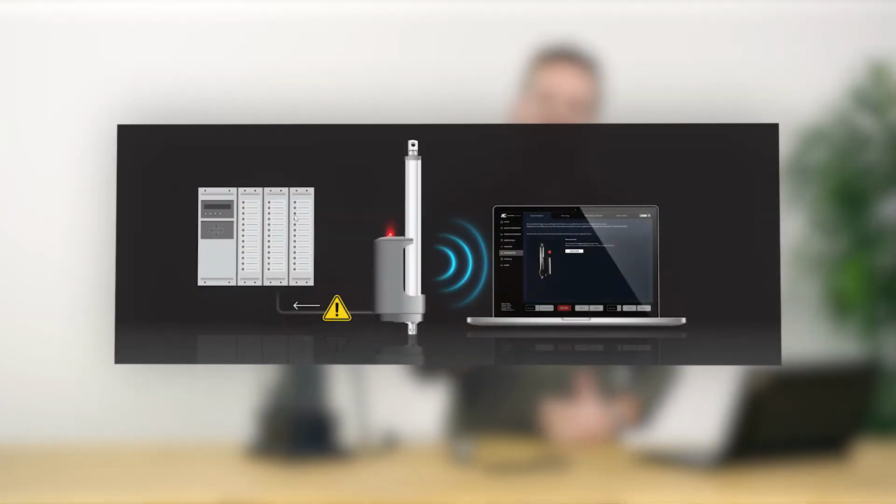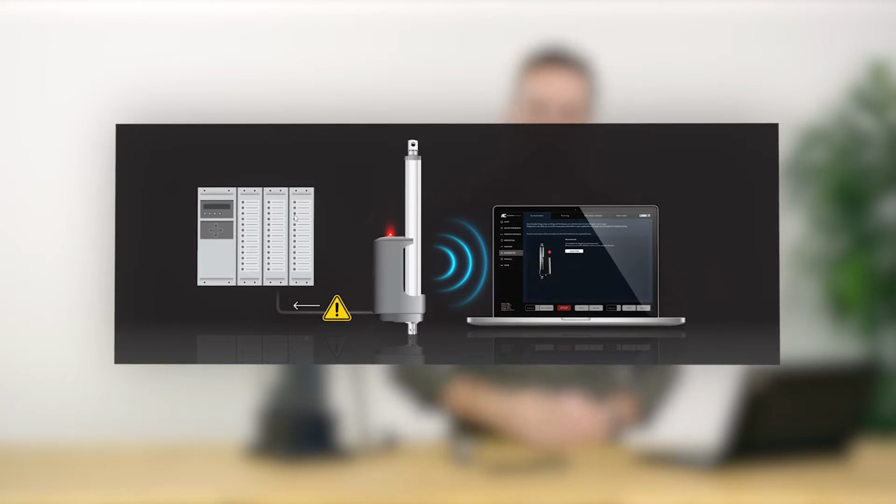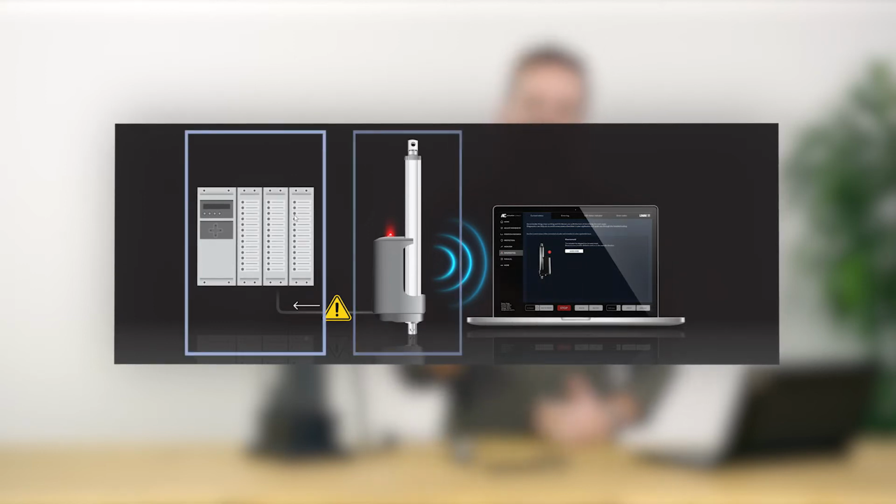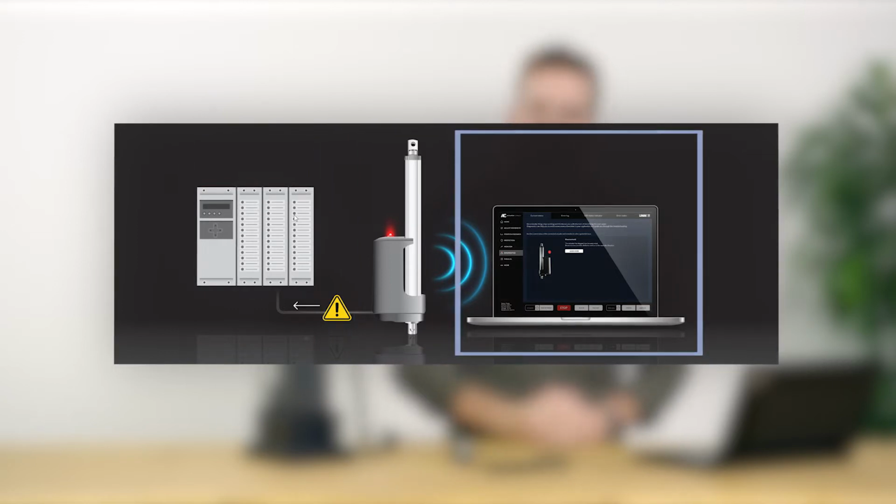Linac understands the importance of uptime, and hence an inoperative actuator must be fixed or replaced as fast as possible. Linac's developed a 3-step guide that explains the most common root cause of problems and what you can do to fix them. It considers LED status, error codes, and our supporting PC configurator tool, Actuator Connect. Let's go through the diagnostics features now.